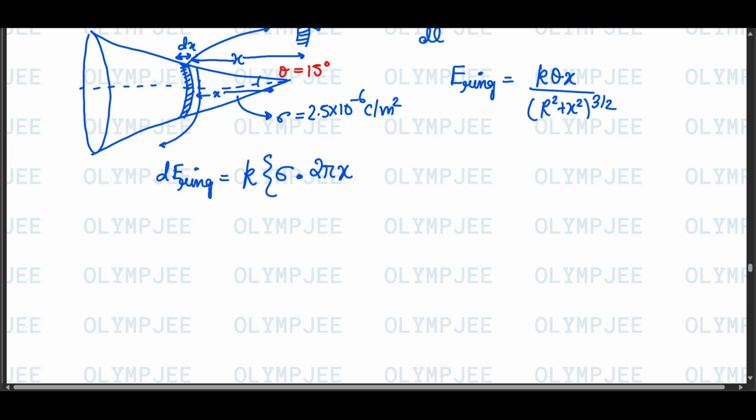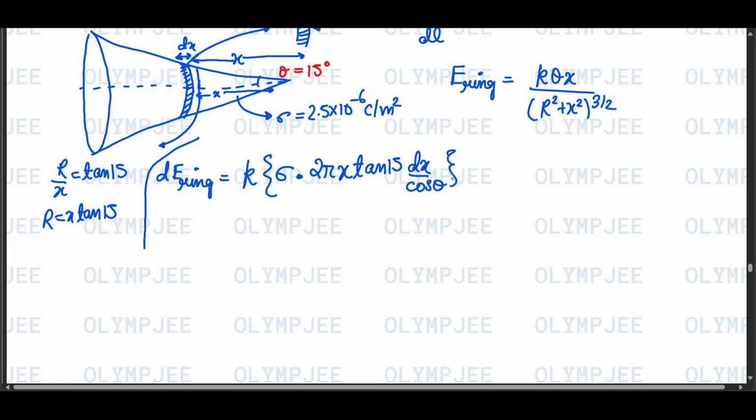So this can be given as: radius by x is tan 15, so r is x tan 15, right? So x tan 15 multiplied by dx by cos theta, multiplied by x divided by x square tan square 15 plus x square raised to power 3 by 2. This we have written because